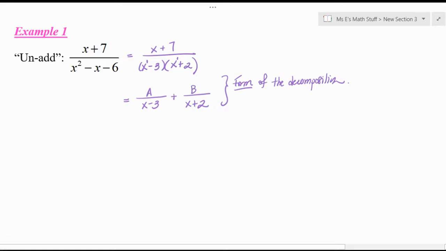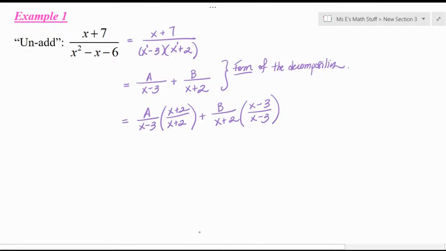Okay, now the next thing you do is act like you're adding the fractions together. So you could take the first fraction and multiply it by a creative version of 1 that it would take to add the two fractions together. So I have switched modes from breaking it apart back to adding things back together. Once you get to here, you could see that you do have a common denominator on the bottom. And then you have this super fun expression on the top. So you've got ax plus 2a plus bx minus 3b